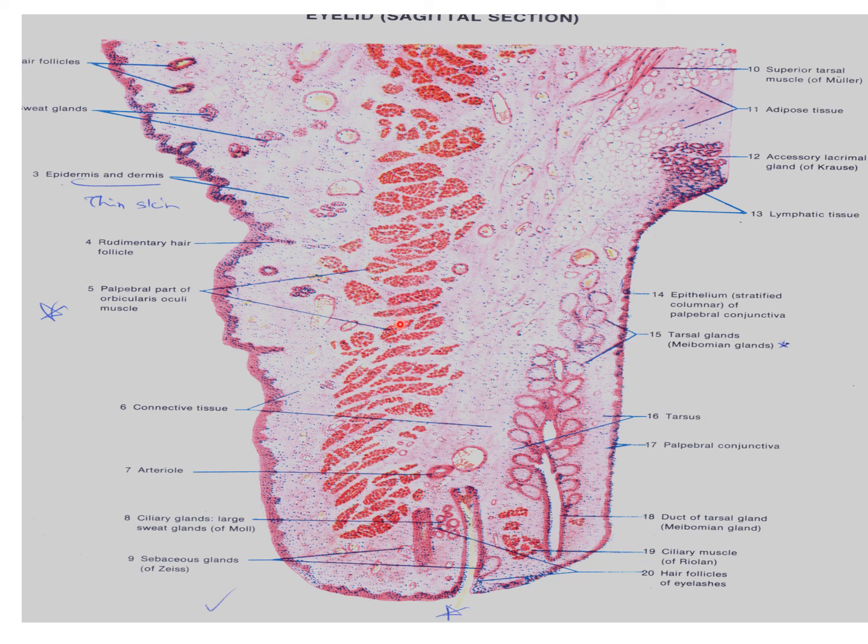In the middle coat you will see muscles, named the orbicularis oculi. The palpebral part of the orbicularis oculi muscle is the middle coat. In the inner coat there is connective tissue, and a large number of glands are present. This gland is named the meibomian gland. So the duct of this tarsal plate and these are the glandular structures, named the meibomian gland. These are the identification points of the eyelid.